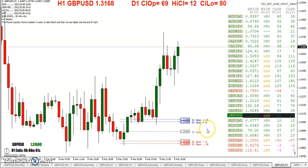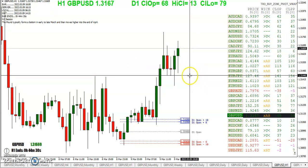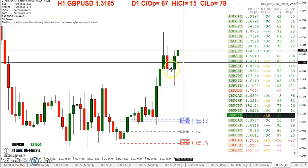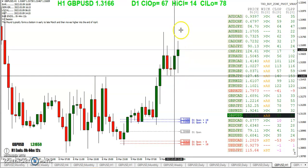One thing to note here, you can see the low got down to 46. We're in what I like to call the launch pad, the 40s. And so anywhere between 40 and 50, this area here, you can see price dropped in. Once again, if you were in a trade, you're looking left, you see a lot of wicks here. And when price went above this area here, the previous candle's open,